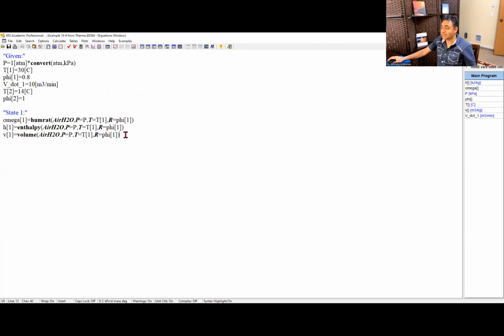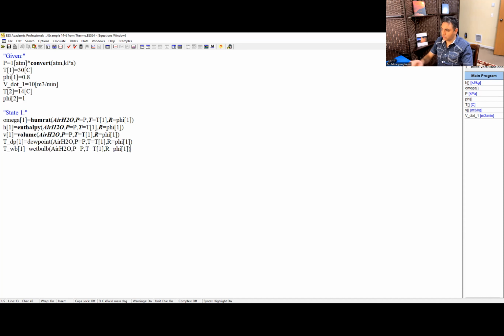Now, I'm going to show you a couple of other things that this problem doesn't need, but if you're working with a psychrometric chart, you might have to use them. And that's the wet bulb temperature and the dew point. So there are two other things that we can add to this just for education. All right, so the dew point, T dew point at 1, the function is just dew point, like this. And then you just use the rest of it for the argument of the function, exactly the same thing. And the wet bulb function is also wet bulb. So this is wet bulb TWB at 1 equals, basically just type wet bulb like this,